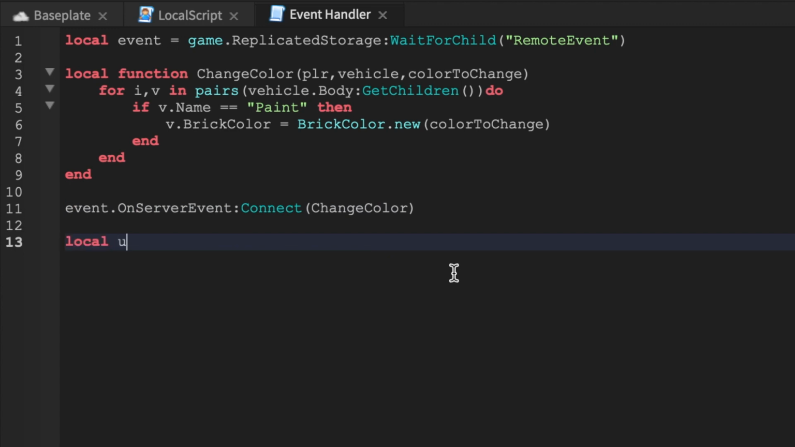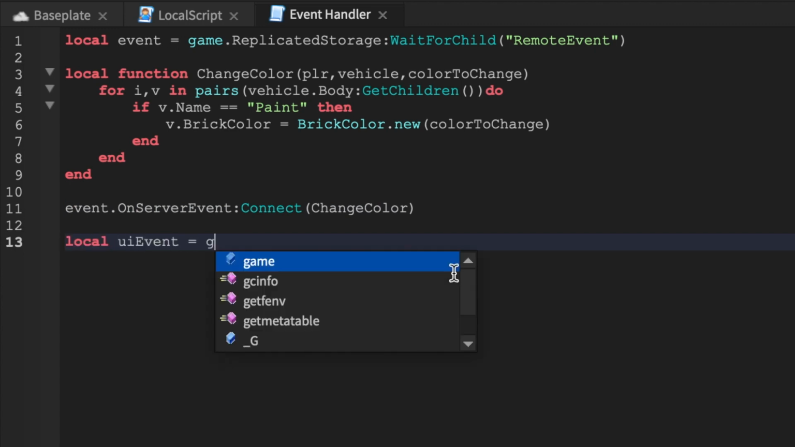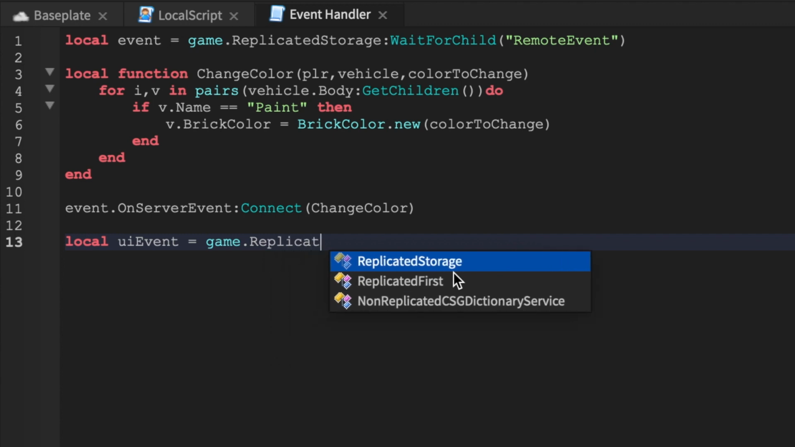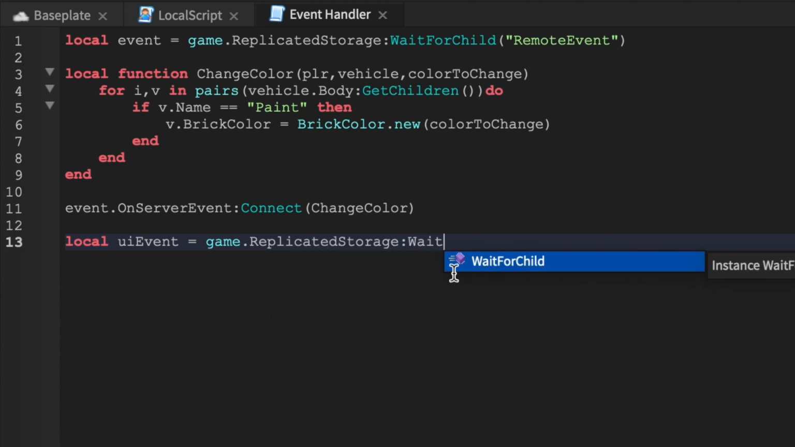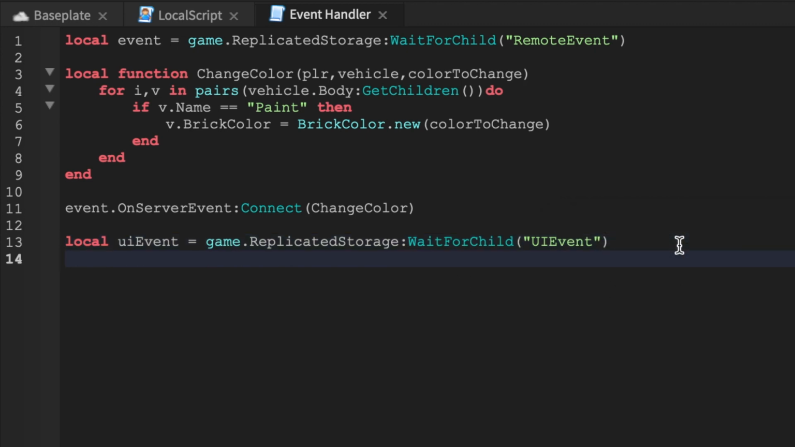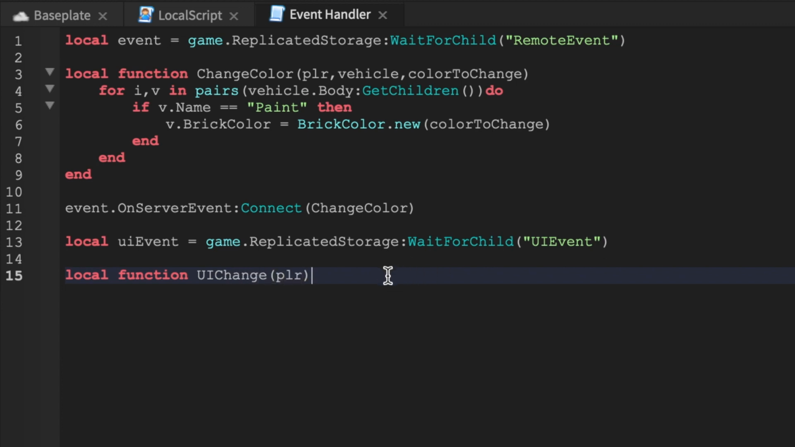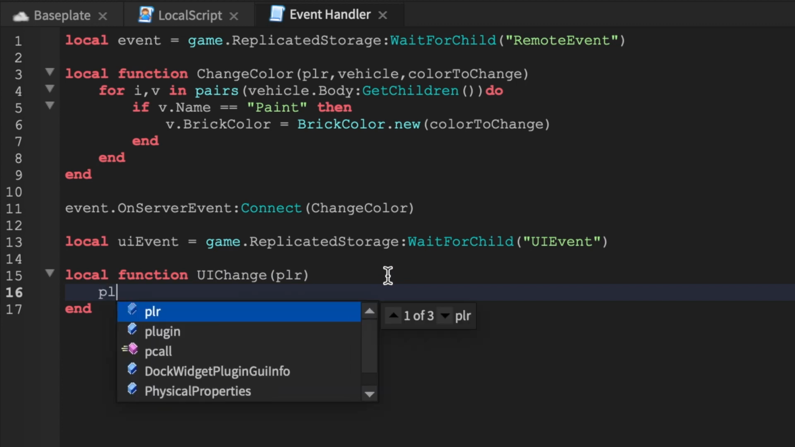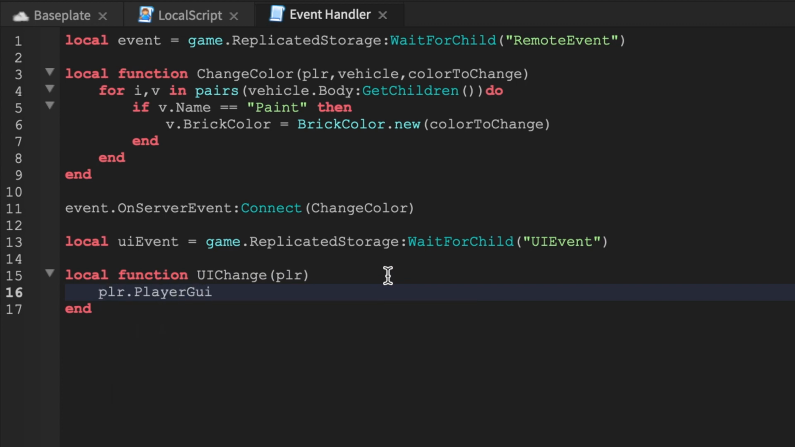Then we'll say local UI event equals game.ReplicatedStorage:WaitForChild. Now this is the same UI event, but it's not the same code because what we need to do is create a function to change the UI. So we'll literally call it UI change, but we'll spell it right. I think that's important. I'll say plr. That should autocomplete. We'll say plr.PlayerGui:FindFirstChild